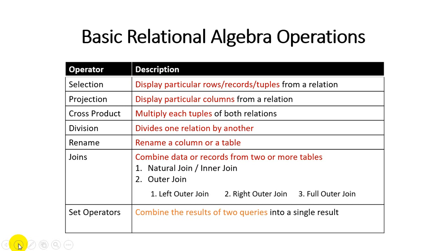Today we will discuss the first and second operations, the selection operation and the projection operation, with examples. Start with the selection operation. In a set operator there are three different types: union, intersection, and set difference, or minus operation. First we understand what a selection operation is and how it is used. The symbol is sigma. Whenever we perform a selection operation, we use the sigma symbol. With the help of this symbol we perform a selection operation in relational algebra.